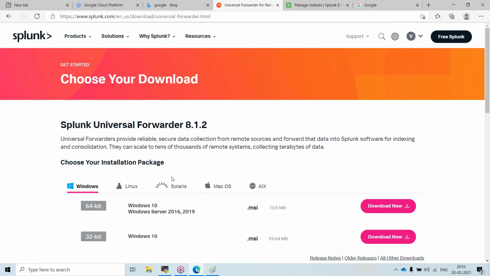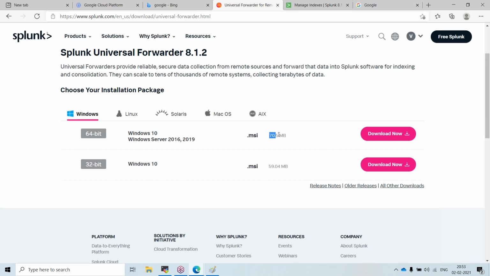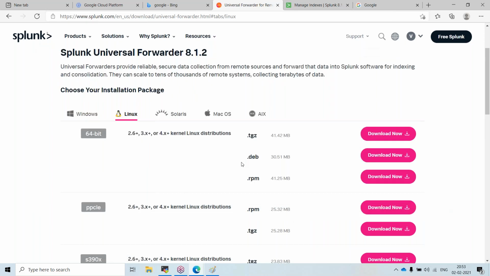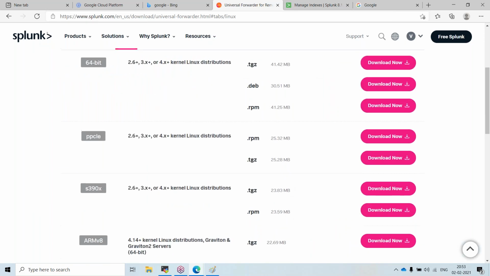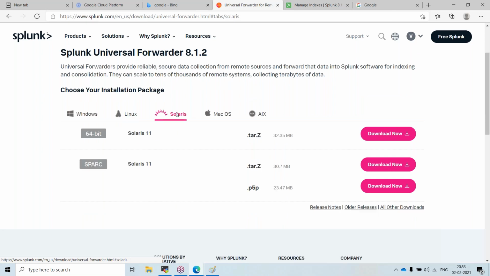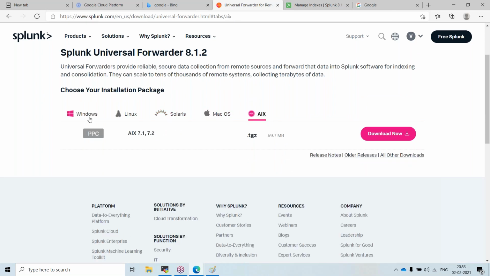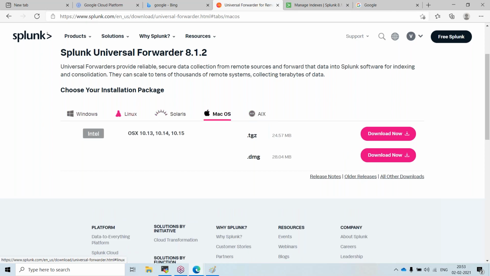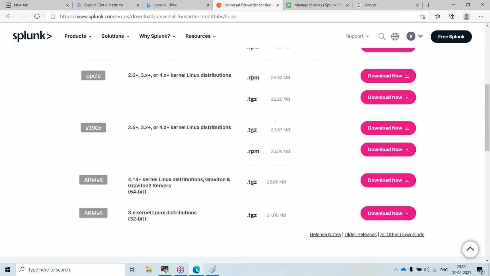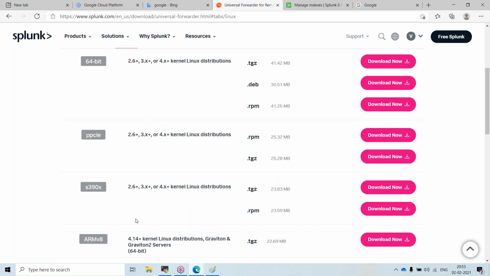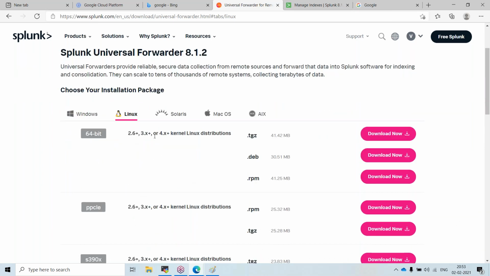I'm going to this universal forwarder. It is lightweight, something like a 70 MB file. If you take the heavy forwarder, it is a 400 MB odd file. The universal forwarder is lightweight and compatible with Solaris, Mac, AIX, multiple operating systems, Windows, and even architectures like ARM. Now for me, I will go ahead with the tar based installation here also. Even though I will have RPM, I won't prefer that. I will go with tar based installation.